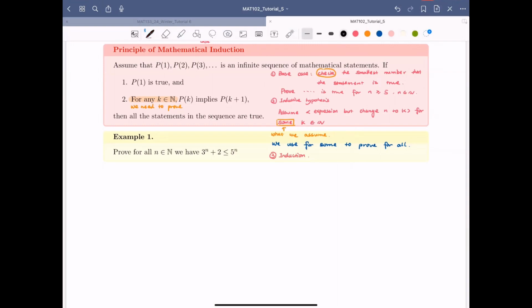So let's read the whole thing properly. Base case, when n equals 1. You should be able to see the base case is 1, because it's for all natural numbers, and the smallest natural number is 1, so the base case is 1. When n equals 1,